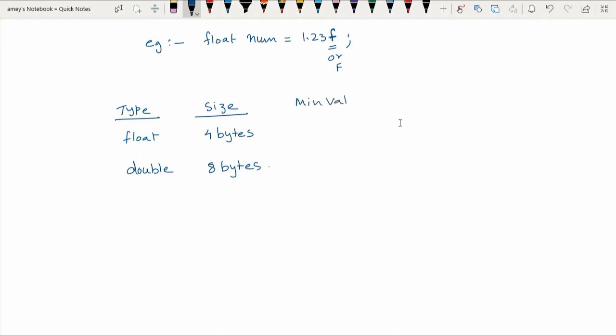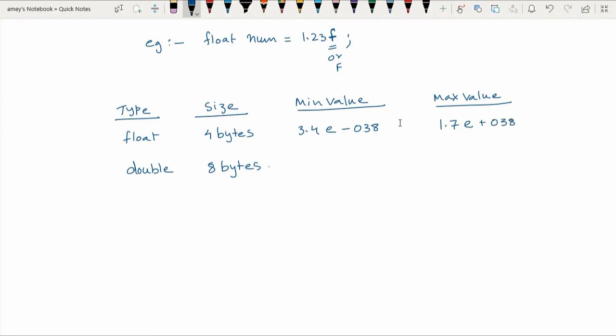Minimum value for floating point is 3.4e minus 038, whereas maximum value for floating point number is 1.7e plus 038.